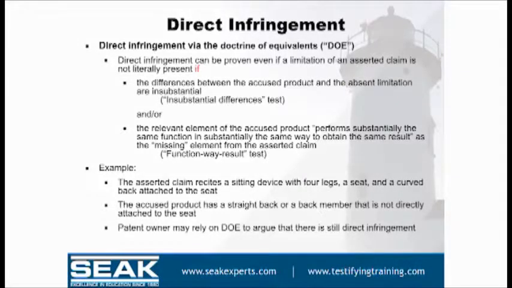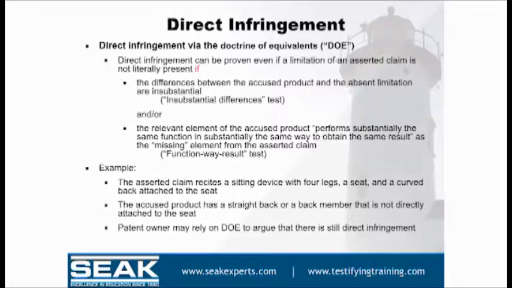But the law recognized back a couple of decades ago that kind of literal infringement encourages accused infringers to make just small changes. And is it really fair that if they make this small change that they somehow avoid the claim? And so they came up with the Doctrine of Equivalents. It's a judge-made doctrine. And it basically says if the differences between the accused product and the absent limitation are insubstantial, so it's the insubstantial differences. So if the difference between having a flat seat and one that has a little bubble on it is insubstantial, in light of what the purpose of the seat is, supporting a human, then it might still infringe under this